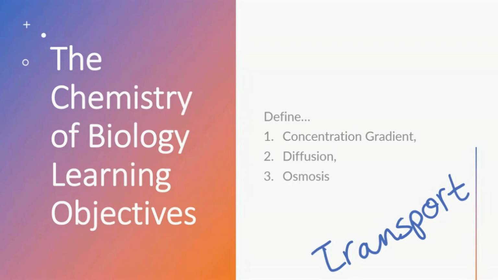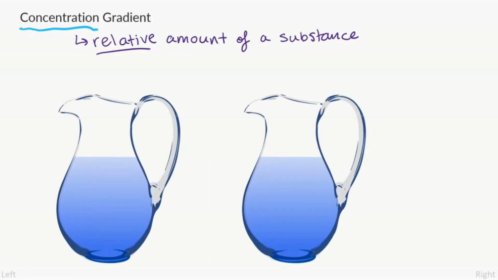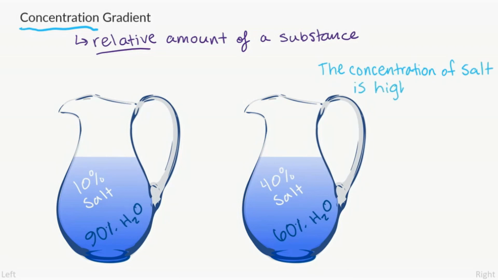So let's start out by learning about the term concentration gradient. First things first, what does the word concentration actually mean? Concentration refers to the relative amount of a substance. So if we had two pitchers full of water and salt, if the pitcher on the right had 40% salt, let's say, which would imply that there is then 60% water, and the pitcher on the left, let's say, has 10% salt, meaning that there is 90% water, we would say that the concentration of salt is higher in the